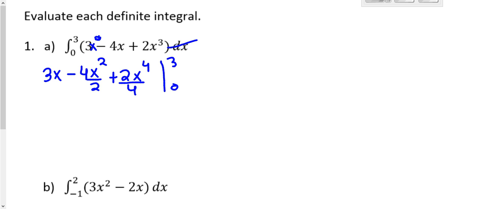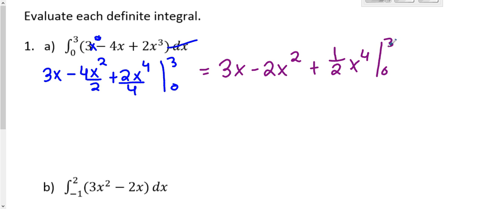And then we can simplify this. We have 3x minus 2x squared plus 1/2 x to the fourth. All of this, we're looking from 0 to 3. Make sure that you have both of these. Okay, you don't need to evaluate everything all the way through. We are going to treat this quiz like an FRQ. So as soon as you plug numbers in, you're done. But you need to make sure to have proper notation all throughout, because that is where you're going to lose